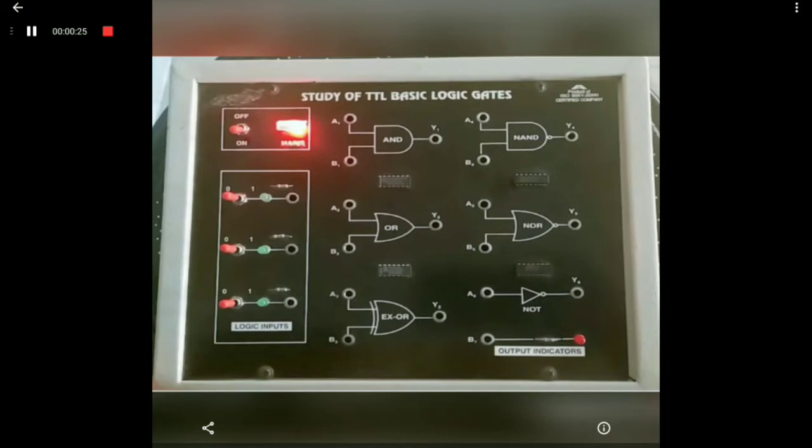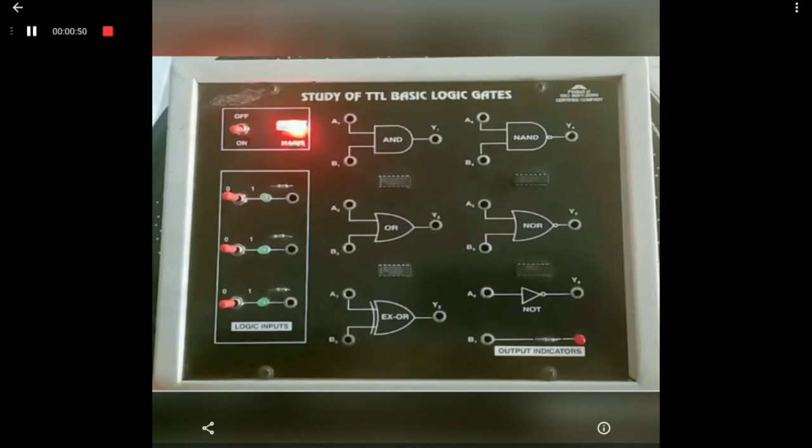On the left hand side you can see the logic inputs. These are the 3 inputs which we will give to the logic gates, and on the right hand side at the bottom you can see the output indicator. We will connect the output pin from the AND gate or OR gate output to this output indicator.